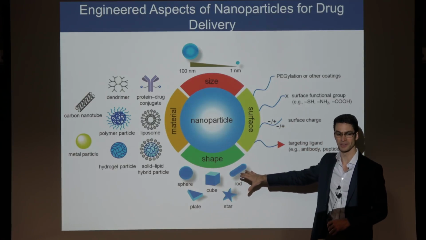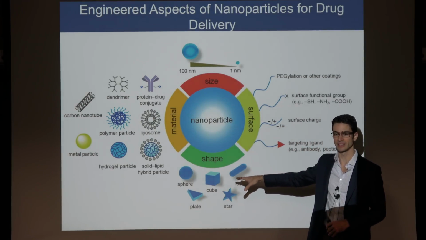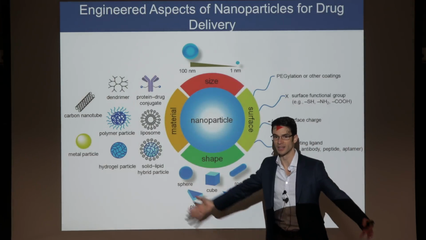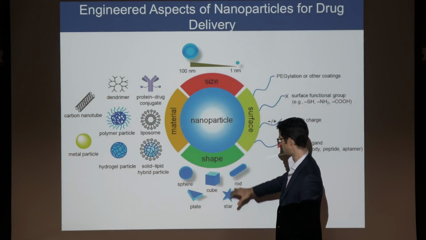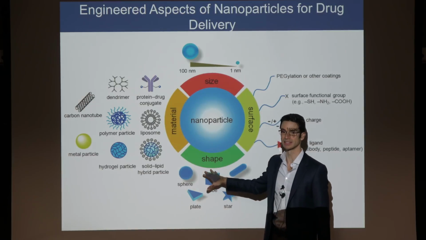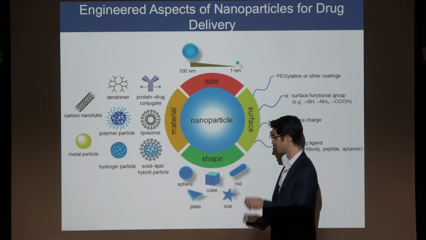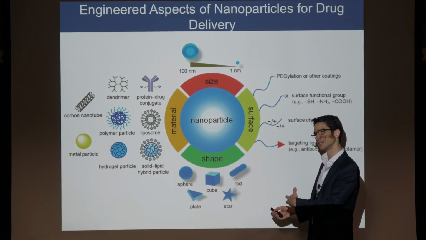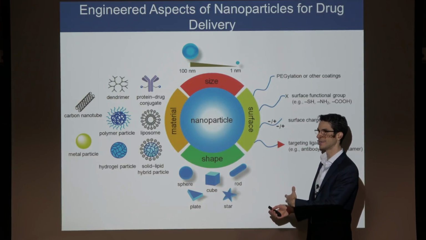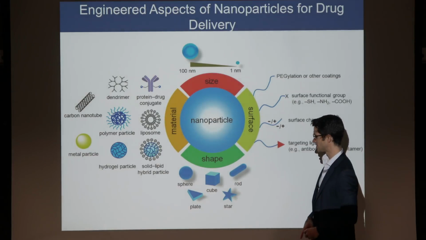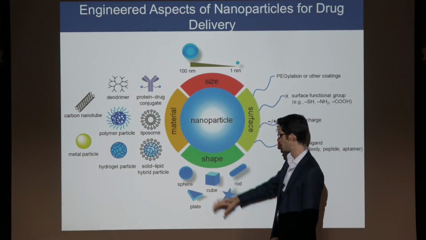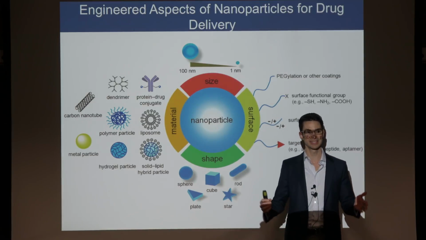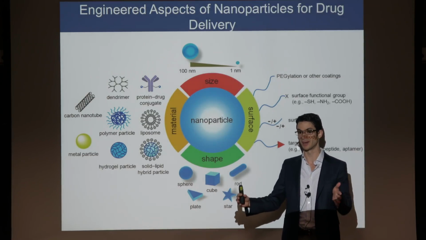Shape is an important characteristic that influences endocytosis. Endocytosis is the process by which a cell engulfs a nanoparticle, and we can make different shapes. This method or area of science is pioneered by Joseph D. Simone's group at University of North Carolina, where they can use the PRINT technique, that's particle replication in non-wetting